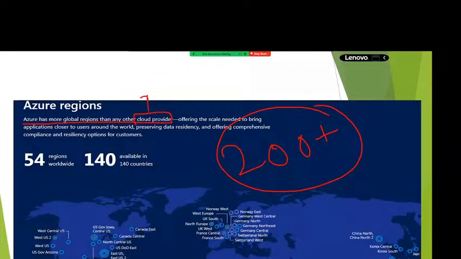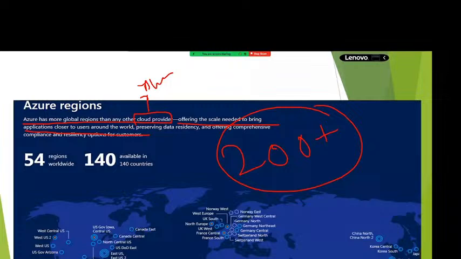It is offering scalability. Bring your application closer to customers. In the sense that we can provide better performance and better service. If any service is down in our local data center, they can fix it on an immediate basis. In order to provide high availability, we have another data center where we can automatically migrate our services, in order to meet the 99.99% SLA. These are the advantages of Microsoft Azure.